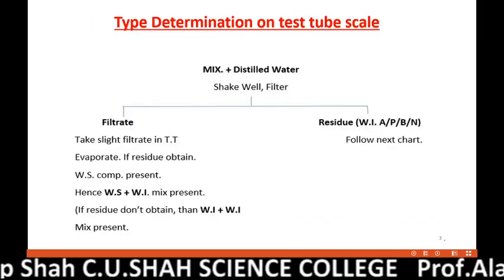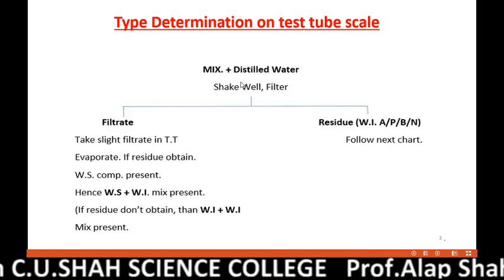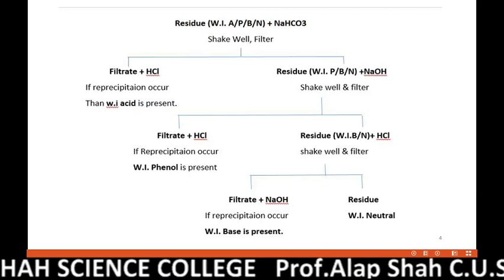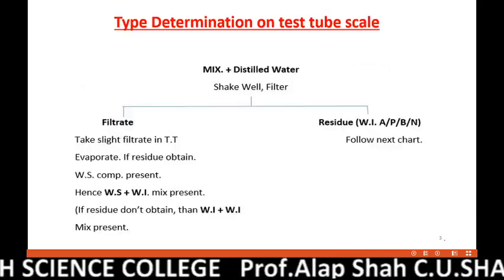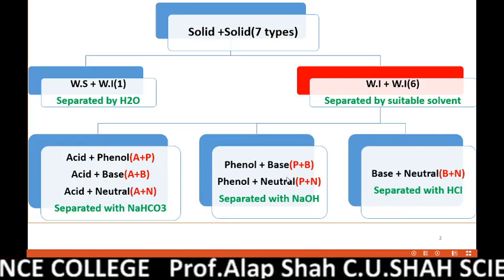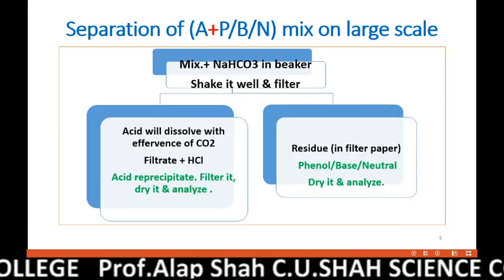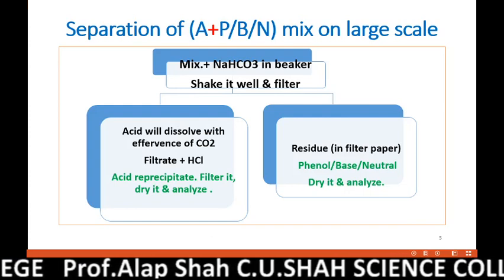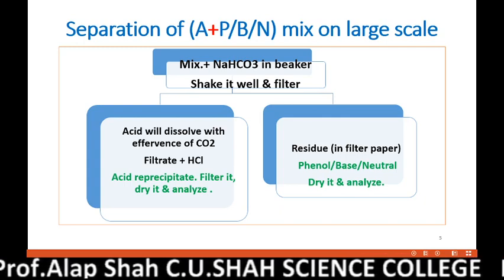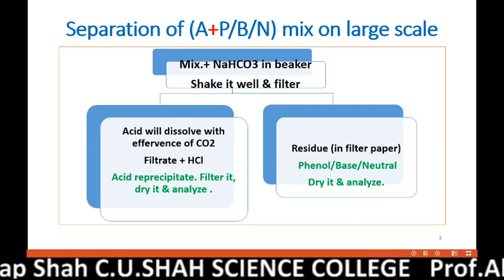First we determine its type this way. You have to start with this level. Immediately when you are given a mixture, you have to follow all these steps. First this one and this one, you follow these steps, and then once you determine the type, it will be one of these six, if it is water insoluble. Get the type approved by the examiner, sir or madam, and then on a large scale, whichever type it is, I have discussed all three, you have to separate and analyze them. In this second presentation, third presentation, and this fourth presentation, we have discussed everything